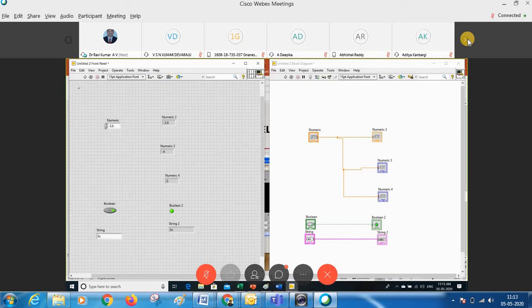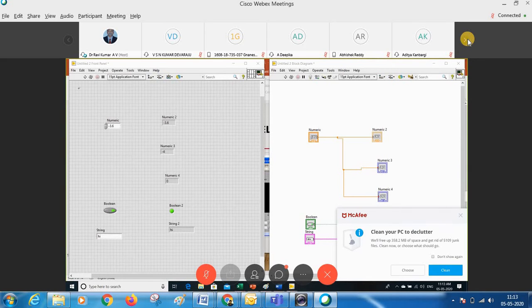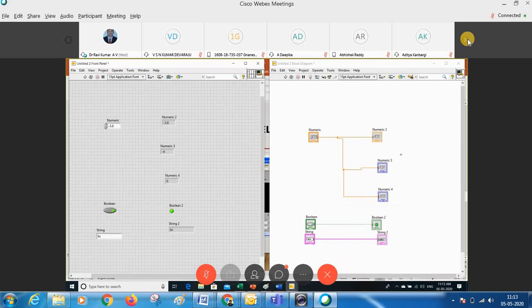Okay, all this we can see in these four days. See how we implement the functions, like how you create a sub VI, and how you implement a for loop or while loop, or whichever way of implementing programs. So all these we can understand in these four days.